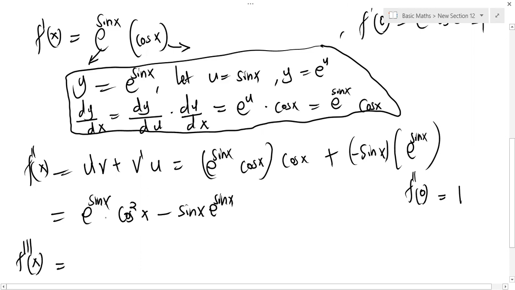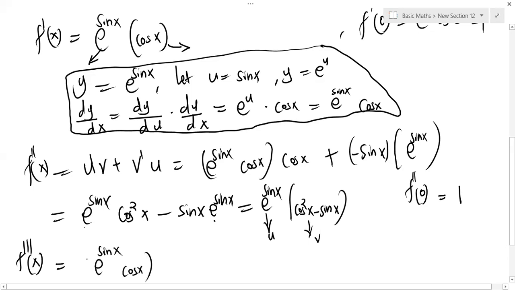So the third derivative of this. Here, I can write this because there's exponential sine x and exponential sine x here. I can have this as exponential sine x into cos squared x minus sine x. Then let this be u and let this be v. So u prime v, u prime, the derivative of this, we already know it's exponential sine x cos x multiplied with v, which is cos squared x minus sine x,